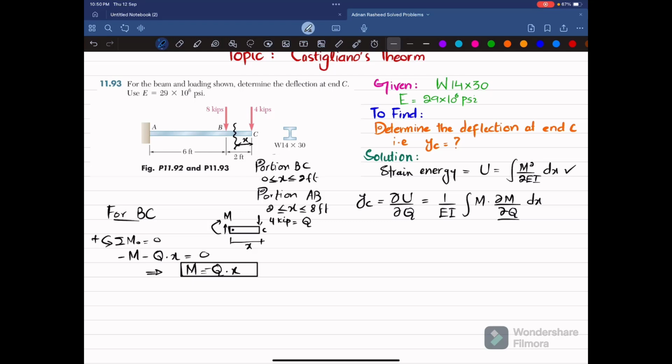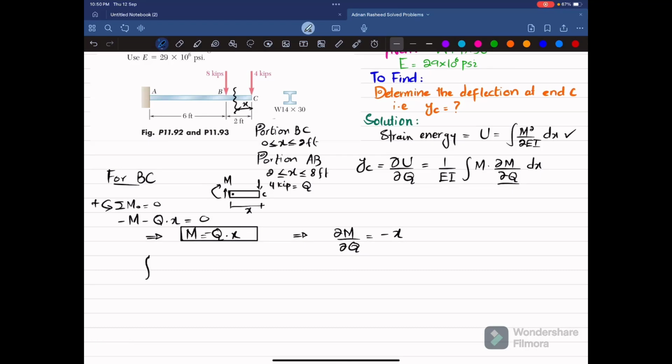So here we also need another term, that implies that partial M over partial Q will be equal to minus x. So now you have this M as well as you have this term, so you can just put it in this. Okay, so what we are going to do is that we will find this term, integral from 0 to 2 feet, M into partial M over partial Q into dx. This will be equal to integral from 0 to 2 feet, M is equal to minus Q times x, and this partial M over partial Q is minus x, into dx, which will give you minus Qx square